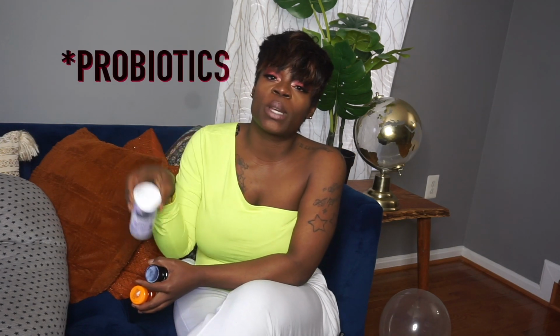A few other supplements that I do take, I have been taking throughout the pregnancy, are probiotics. One of the proponents was to take these with prenatals because we have good and bad bacteria, and I did want to go ahead and introduce baby to some different forms of bacteria before he enters this